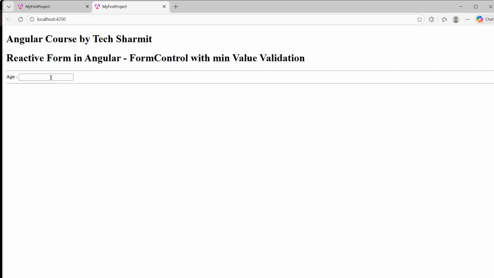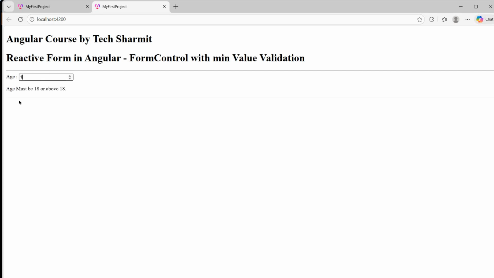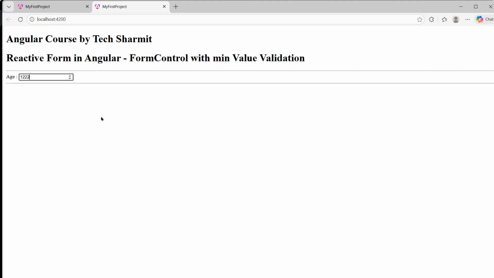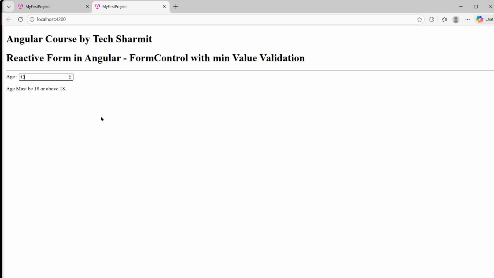Alright, so let's refresh it. Here if I write 1, it will show this message: age must be 18 or above 18. If I put 17, still it is showing me the same error. But in case I put 18, you will see no error. In fact, after 19, 20 or whatever number I put that is greater than 18, it will show no errors. Okay, but if the number is lesser than 18, for sure it will show this message because it needs minimum 18